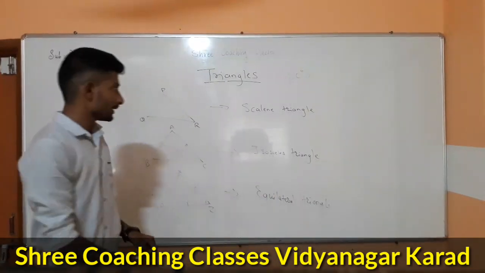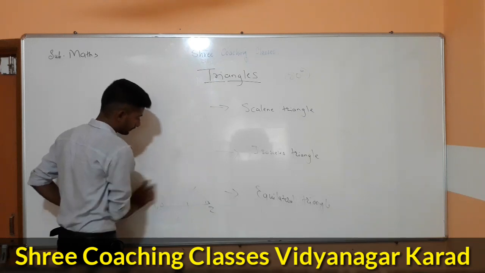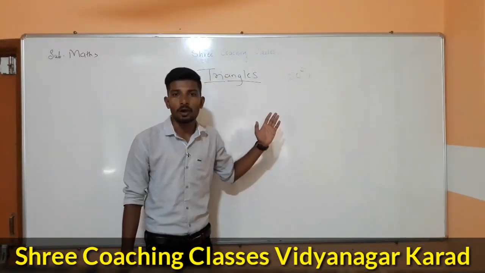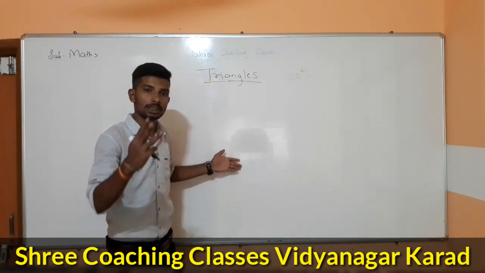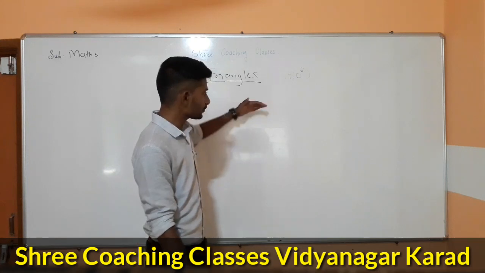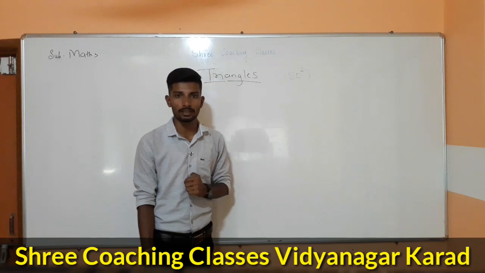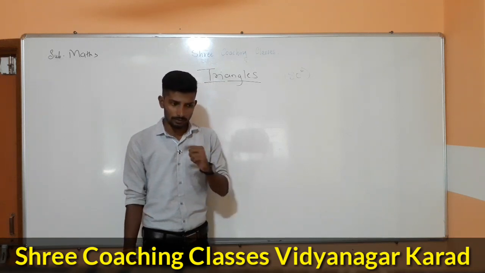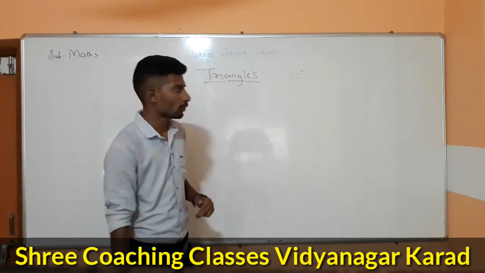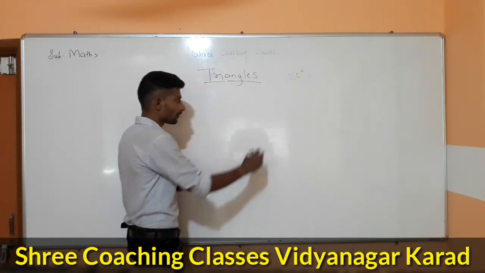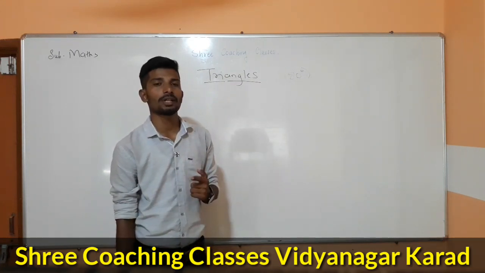Now we are going to see the next part depending upon angles. So now depending upon the angles, the triangles are divided into 3 types. Okay, so first go into these triangles. Just remember, yesterday we have seen the types of angles. Okay, first was the zero angle, so there is no use. The second was the acute angle. Okay, what is that acute angle? When the angle is less than 90 degree, then it is called an acute angle.